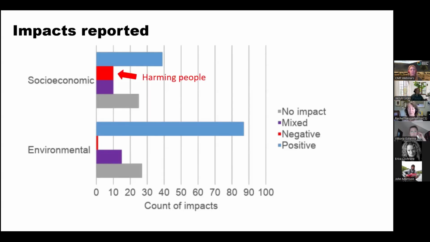But the ones that worry me, right, are the ones that actually show a negative effect on people. This is some kind of harm being done to local communities, typically by the presence of the conservation intervention, or where there's really no statistically significant effect. You're doing conservation, but the local population would have been just as well off if you hadn't been working there at all. So this is a case of wasted resources. So these are the studies that concern me as a conservation practitioner.